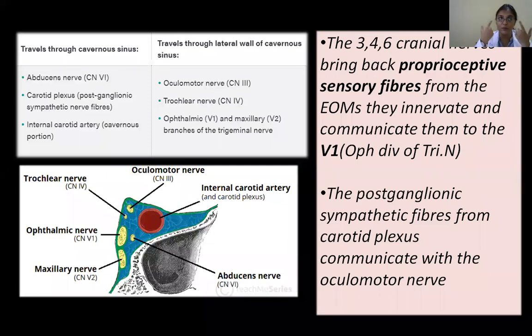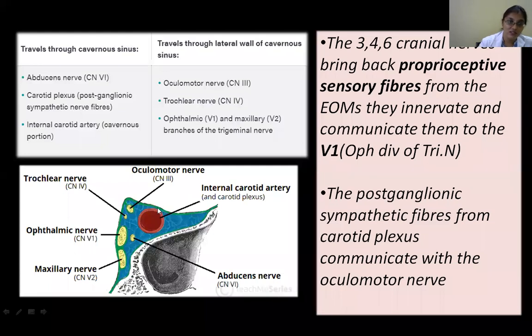But how can they reach up to your face and your brain? The way they can come is they can climb up, or they come with the arteries. We've got a carotid system here, an external carotid and an internal carotid. Along with it, this plexus of nerves, which is a sympathetic plexus, goes along with it and reaches its destination. So when they are going up to your head and neck, now the oculomotor nerve is going towards your eyeball. Then there is the dilator pupillae, which needs sympathetic innervation.